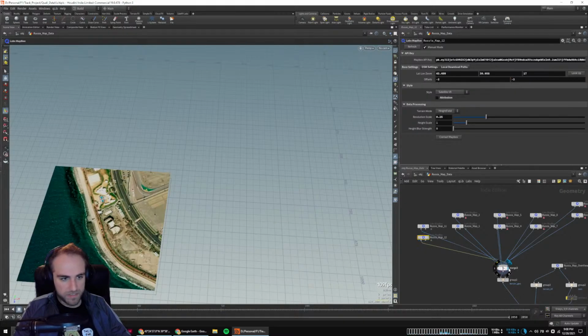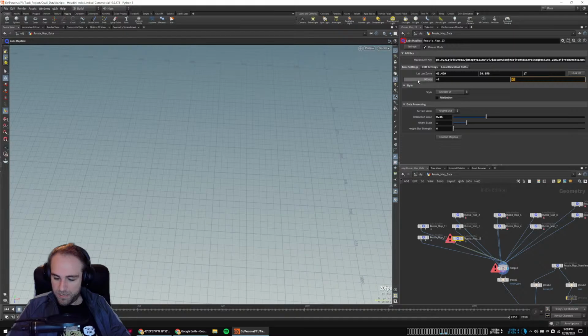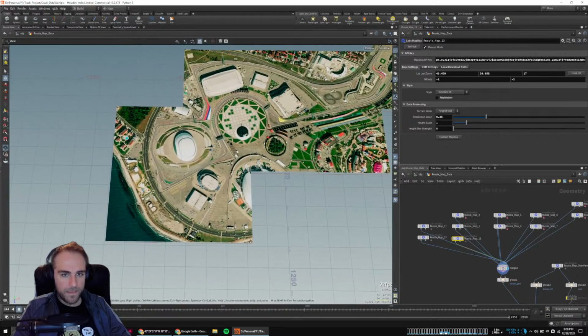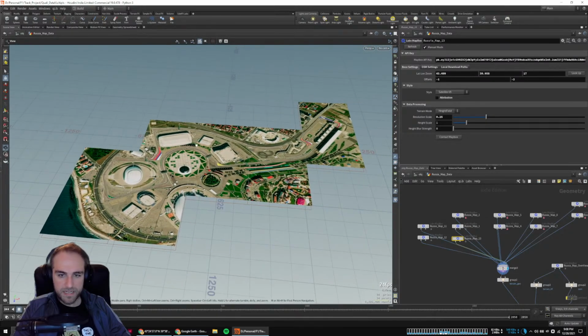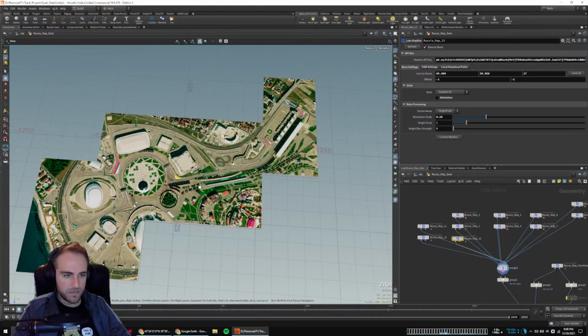Right there. Perfect. And then this one here is the last one we'll do. It's -1, -1. This one should be -1, -2. Great. And that is the close-up data for the Sochi